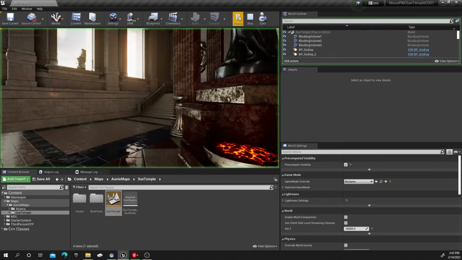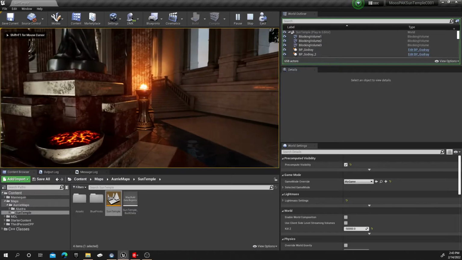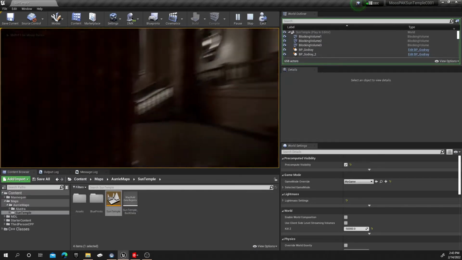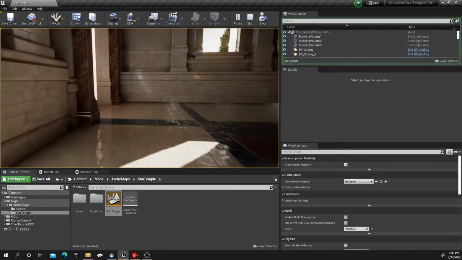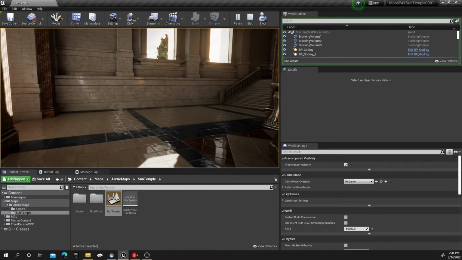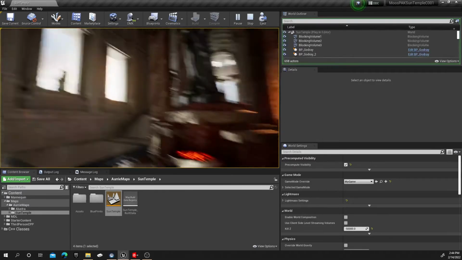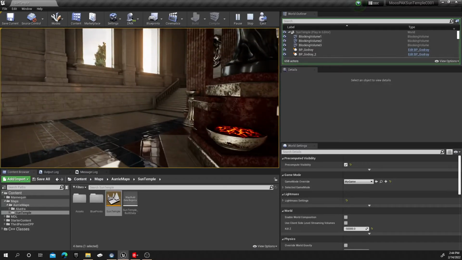Okay, so let me hit play. Ooh, yeah, but why did it not give me my avatar? That's because it's still using the original character controller that came with the Sun map. Remember, we asked it to copy everything, and that included, for this map, the character and game mode for this map. So, in order to get it to use the default mannequin, which is what we would like it to do in this case, so that we can test our